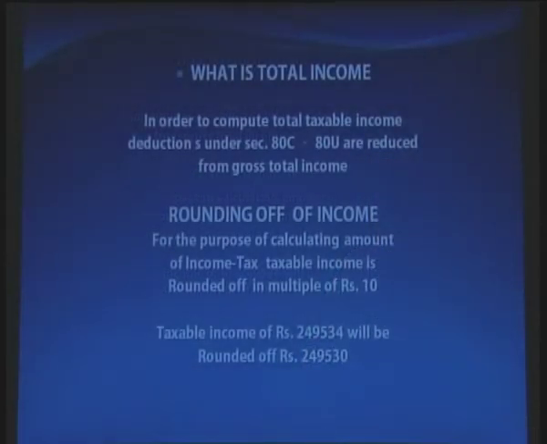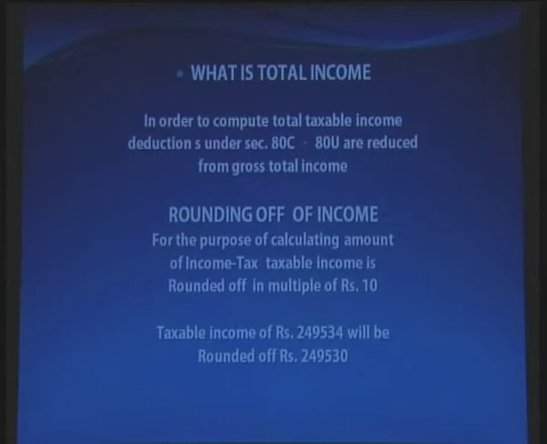Now, income so calculated is of course taxable, but it is required to be rounded off in multiples of rupees 10. So, for the purpose of calculating the amount of income tax, taxable income is rounded off in multiples of rupees 10. It means, if a person is earning rupees 2,49,534, then the rounded off income will be rupees 2,49,530. Suppose income is 2,49,535, then he is required to pay the tax on the basis of rupees